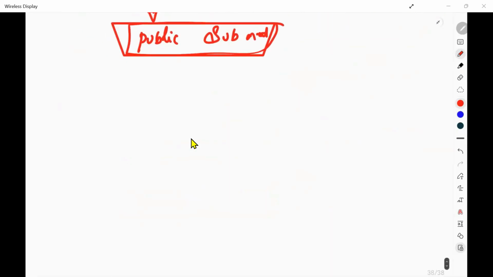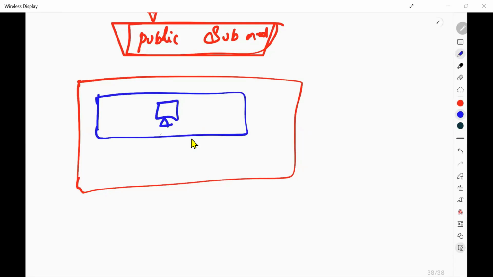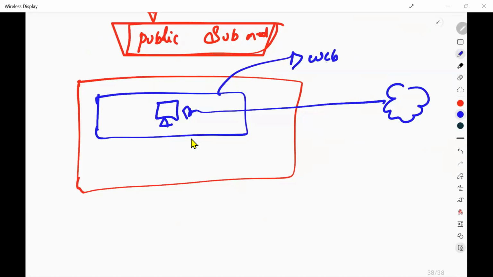That means just similar to that, this is your VPC. This is your public subnet, just dividing this. What I'm doing is hosting my application inside my public subnet, and if any person comes from the internet, then he can be connected to this area. Okay. Everybody understood what a public subnet is? Here we are going to host our web service. The front end of your application is hosted under public subnet.